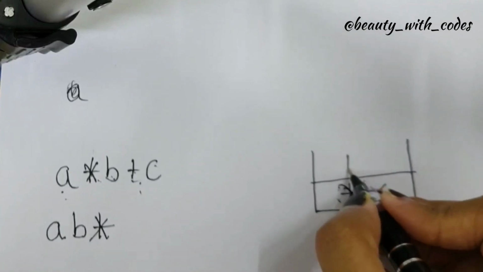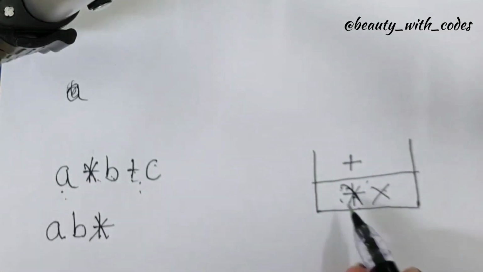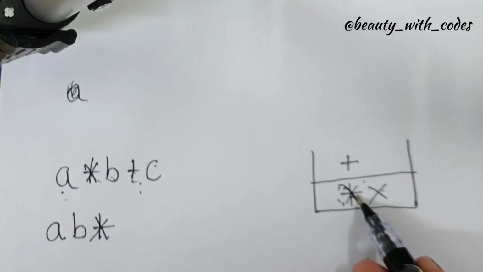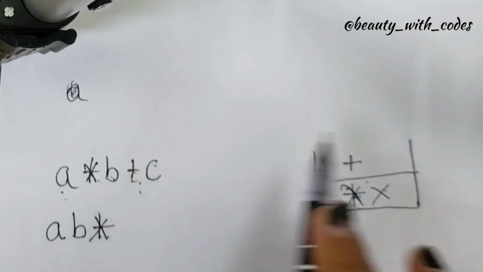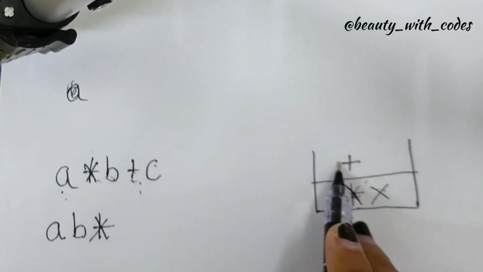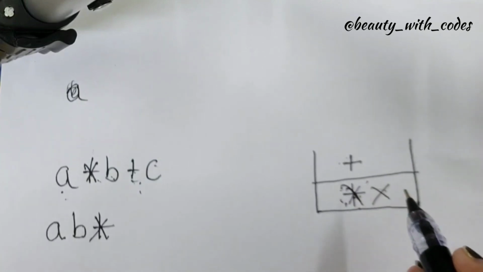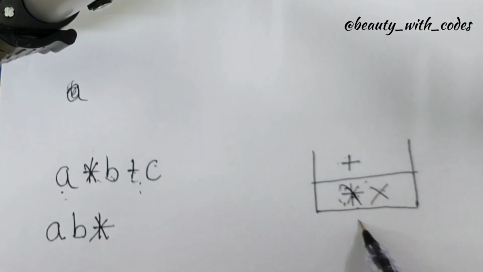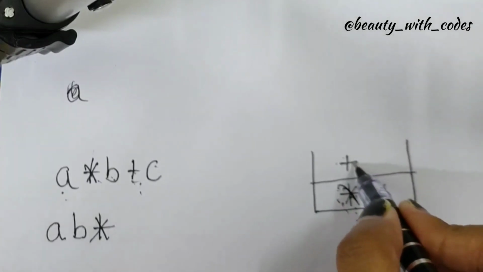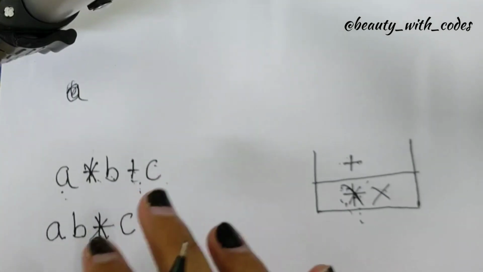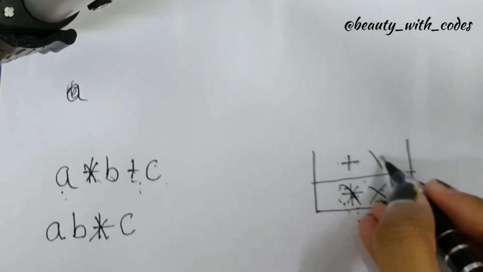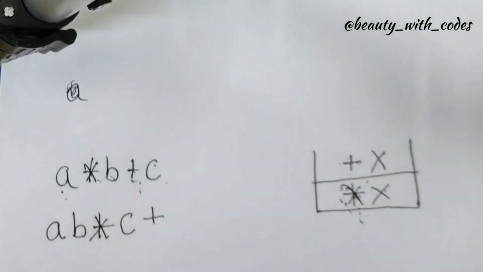And now plus can be inserted. After popping multiplication sign out, our stack is empty, isn't it? So since our stack is empty, we can insert it. Now we inserted plus after popping this out. Why did we pop the multiplication sign? Because the priority of the multiplication sign is much higher than the plus sign. I hope you understood. Next or last one is C. So C. After that, since we are not left with any element, we'll pop plus too.